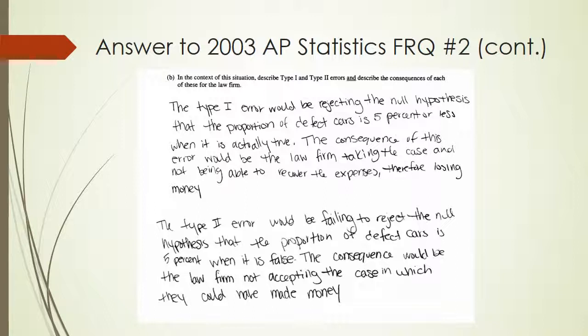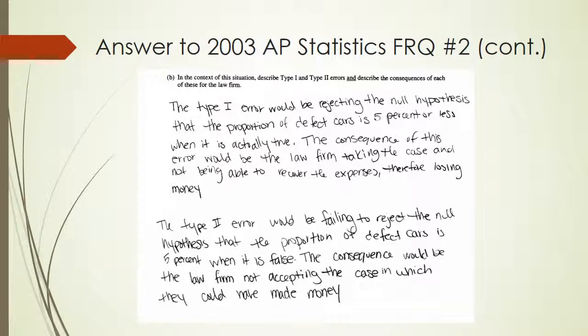The consequence of this error would be the law firm taking the case and not being able to recover the expenses, therefore losing money. The type 2 error would be failing to reject the null hypothesis that the proportion of defect cars is 5% when it is false. The consequence would be that the law firm is not accepting the case in which they could have made money. And as you can see,